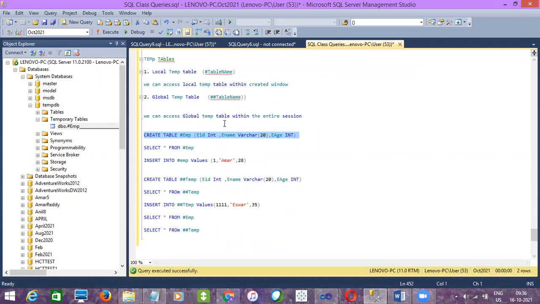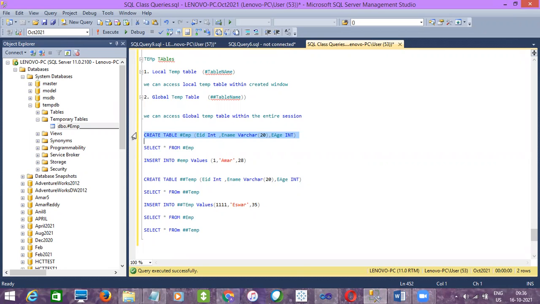That index concept we can utilize in temp tables, but we cannot utilize it in a CTE. We'll go for a temp table when data is huge. Why? Because when data is huge, selecting the data will take time, and when it is taking time we have to use indexes. Since we cannot use indexes onto a CTE, we'll go with temp tables if data is huge.